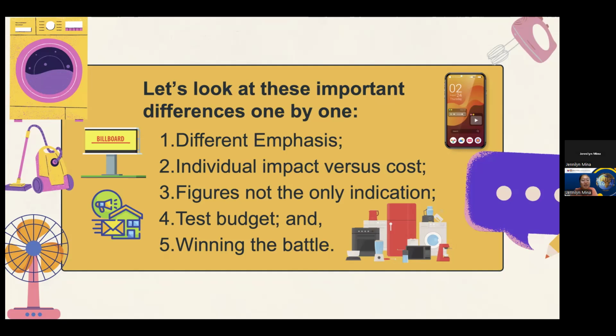And the last one is winning the marketing battle with repetition. Direct marketing requires careful timing for repeated advertisements. For example, Panasonic might send follow-up emails about a new washer model a few weeks after an initial announcement. How often they repeat the ad depends on factors like ad size. Small ads may repeat more frequently. Product interest: high interest products repeat more often. And audience size: larger audiences allow more frequent repetition.